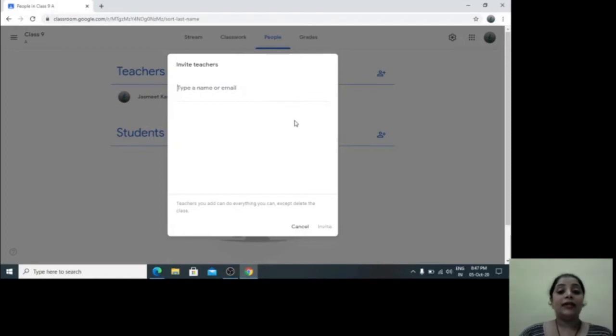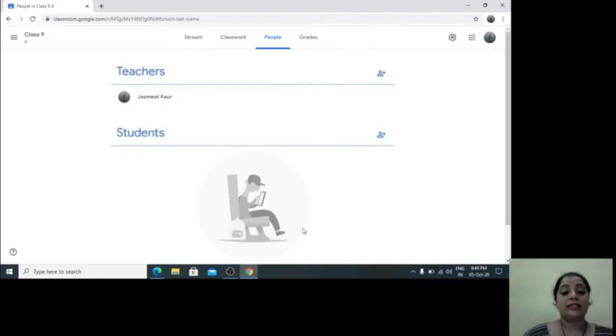If I'm entering the name, I should make sure that the email ID of that teacher is already added into my Gmail account, or else I need to have the email ID of the teacher to send the invites. If I don't want to invite any teacher, I can just click on cancel and come out of it.